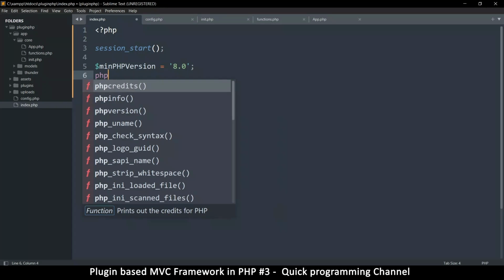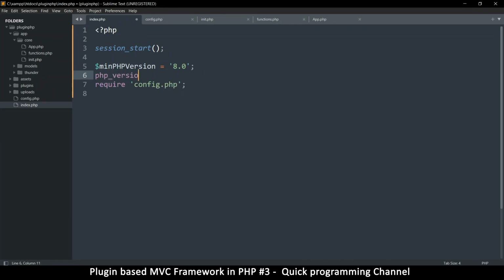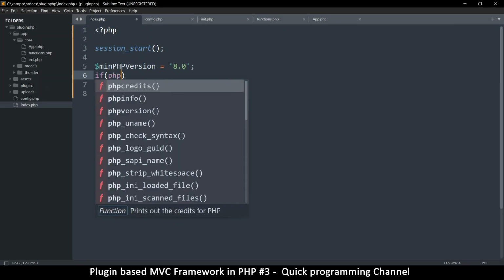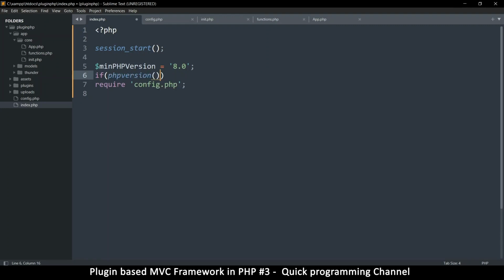All right, so here we're going to get the PHP version. I don't even know how to get the PHP version here. So there's a function called phpversion. It's like this. I think there's no underscore. It's just one word. There we go. So phpversion returns the PHP version. So here we're going to say if phpversion is less than this minimum PHP version, okay, then what we're going to do is